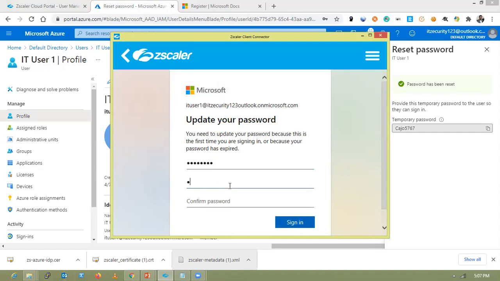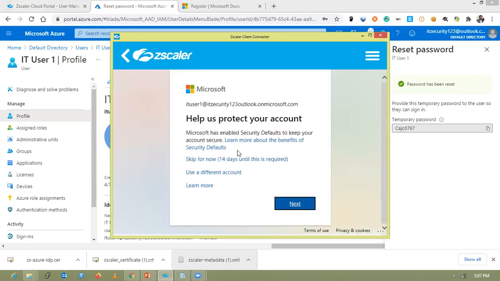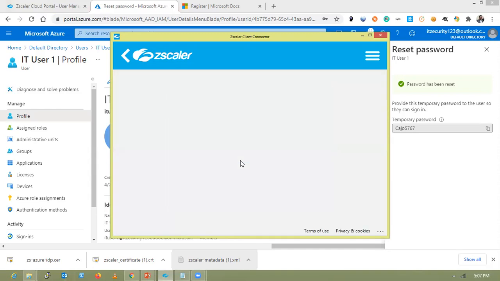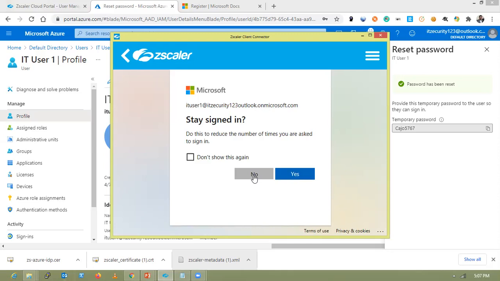You can change it to whichever you need, and click OK. The passwords are not matching. Let me try once again. I'm skipping the second level of authentication, MFA, and stay signed in, no.